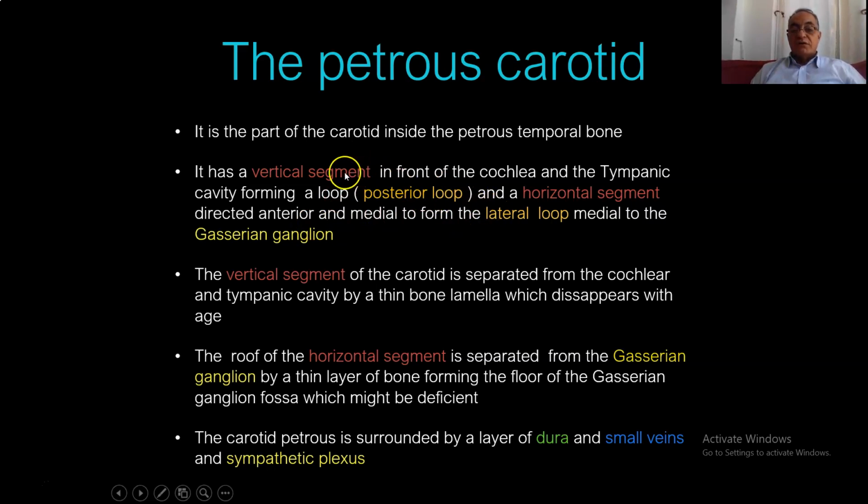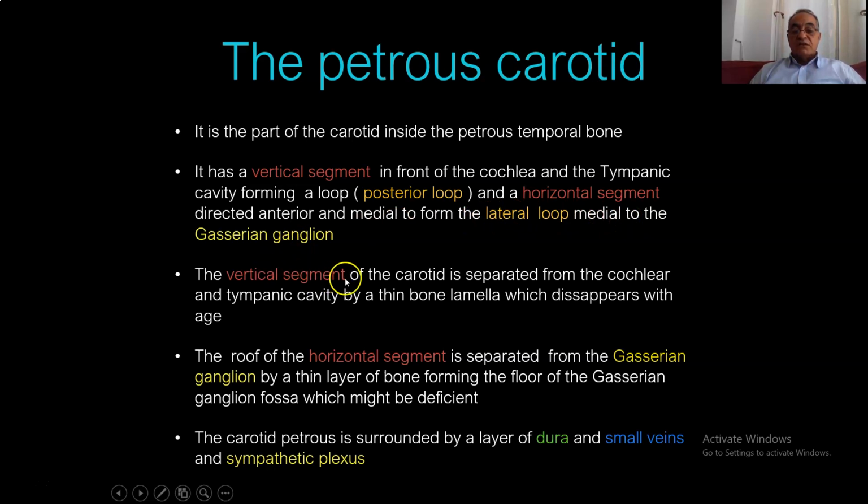So the carotid is rising in the neck vertical. It continues for a small part in the petrous bone vertical. Then it needs to turn horizontal to reach the cavernous region. So it forms the posterior loop, forming the horizontal segment, and the horizontal segment is directed anteriorly because the cavernous sinus is anterior to the petrous bone, and medial because the cavernous sinus is medial to the petrous bone. So vertical, posterior loop, then forms the horizontal segment directed anterior and medial. Why anterior and medial? To reach the cavernous sinus. On its way to reach the cavernous sinus, it forms the lateral loop, as we'll see, medial to the Gasserian